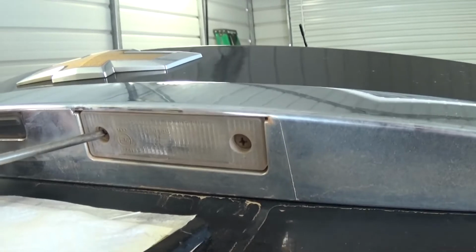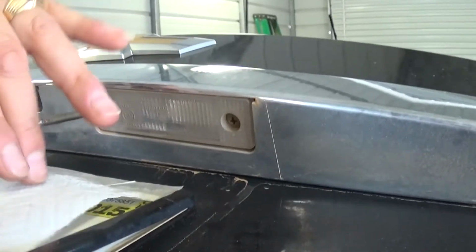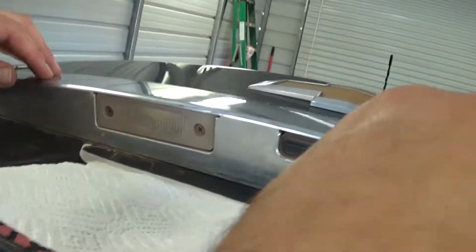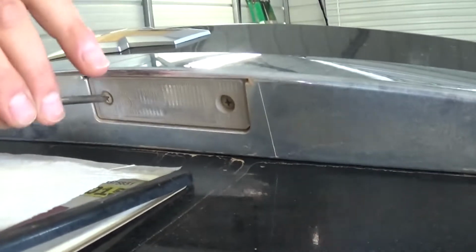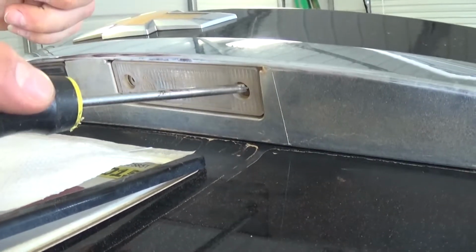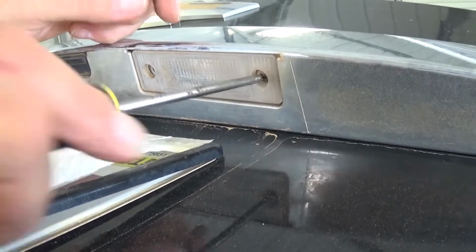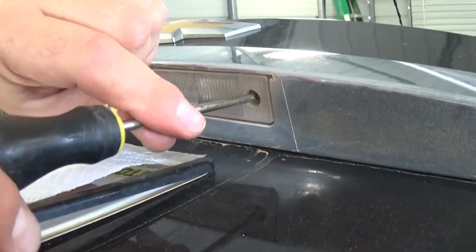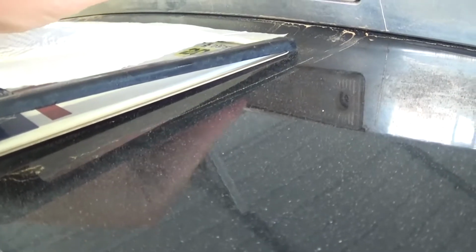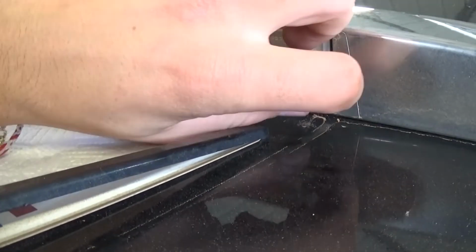And now right here there are two screws with a Phillips screwdriver right there. This is the right side and this is the left side. It's identical for both sides, it doesn't matter which one you replace. You just need to take both screws off all the way. Okay, right there. And now you need to use a screwdriver or your nail or a little knife